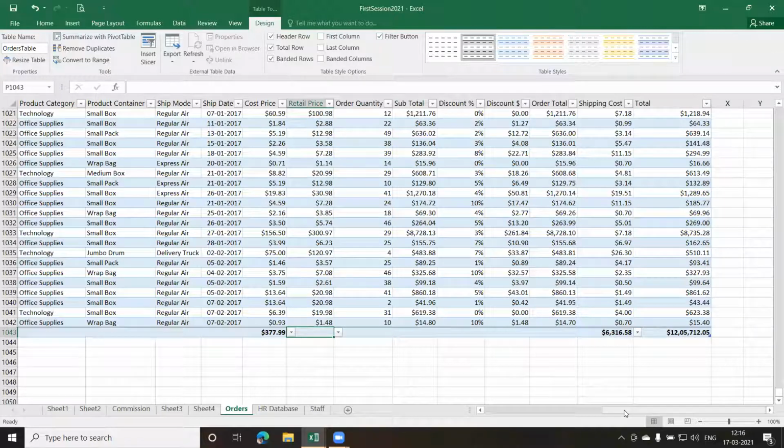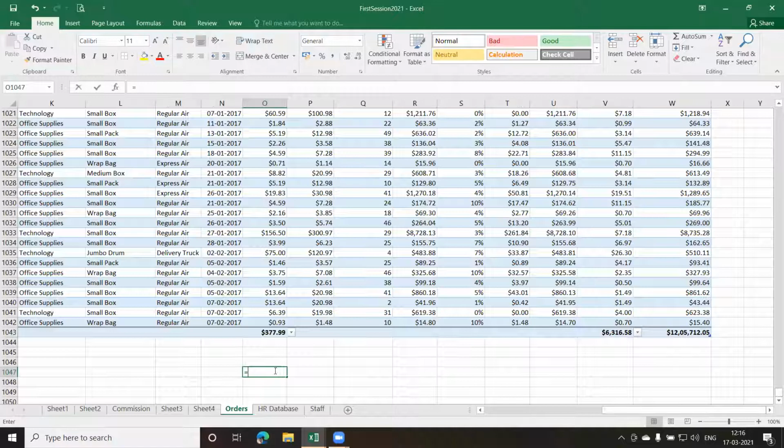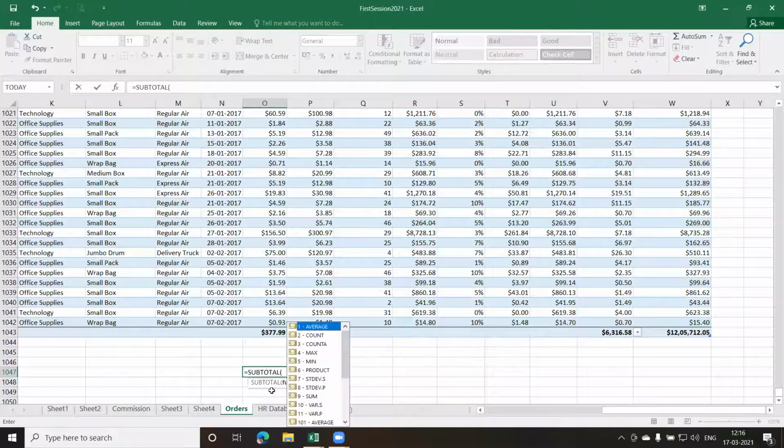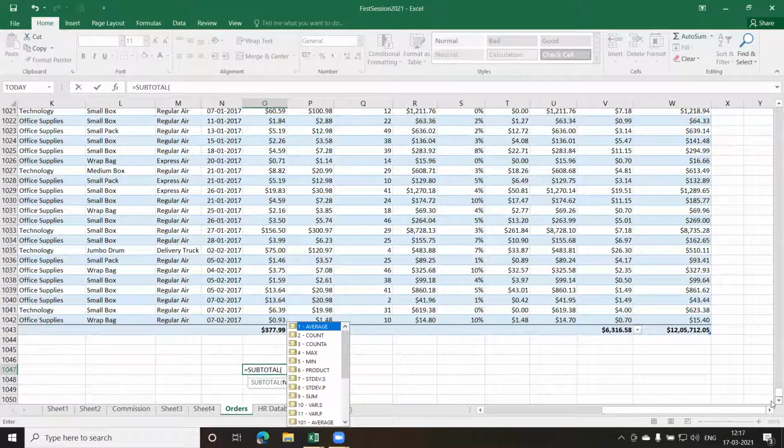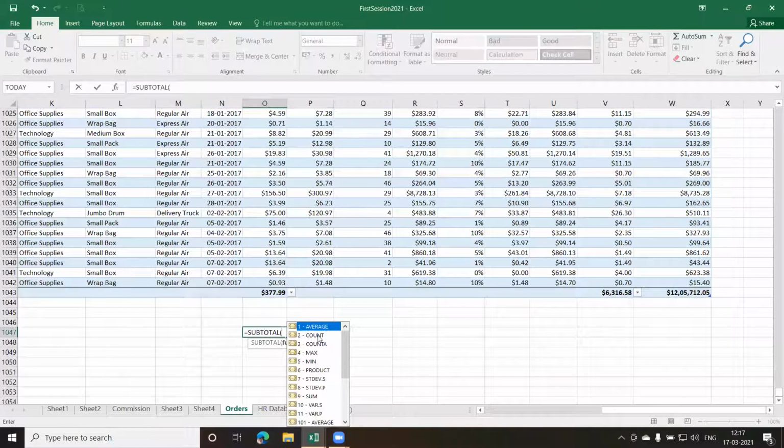And if you look at the function which is used here, it is visible in the formula bar; the name of the function is subtotal. I can give the function down here and show you. So I can write equal to subtotal. This is the function which is added by default. And in this function, you get the different options which are available, like if I want to perform average or count, or if I want the min, max, and so on, I can select any one of them.